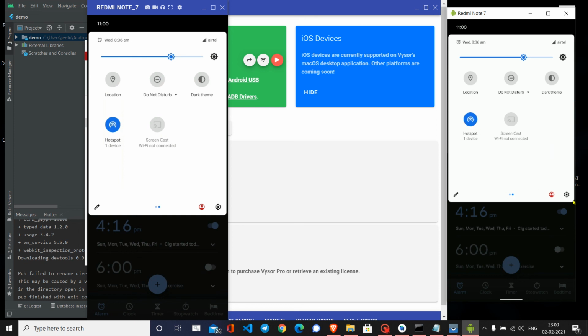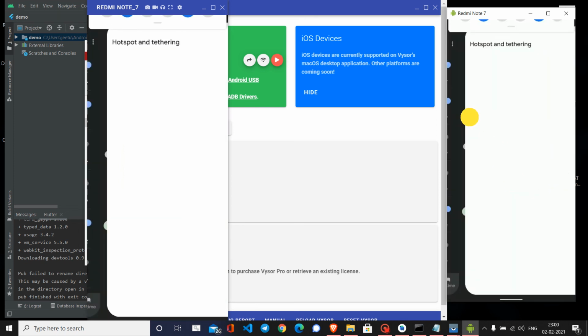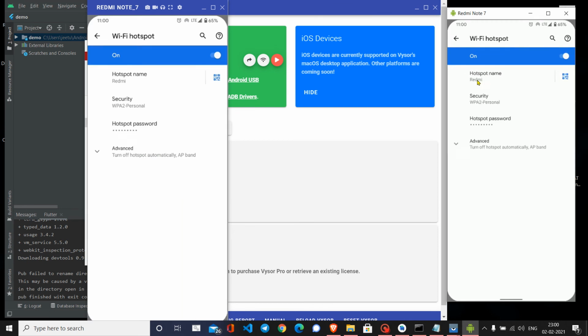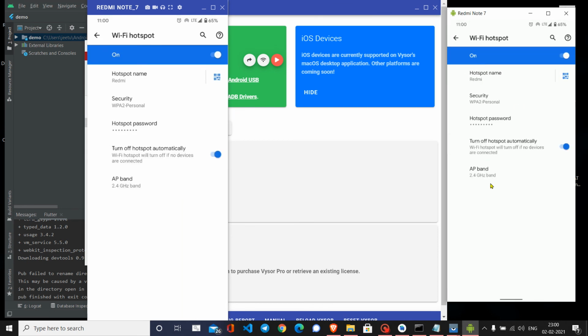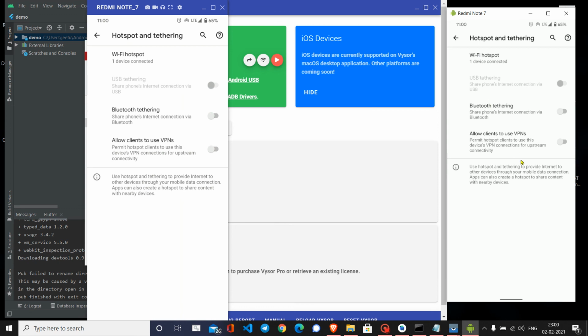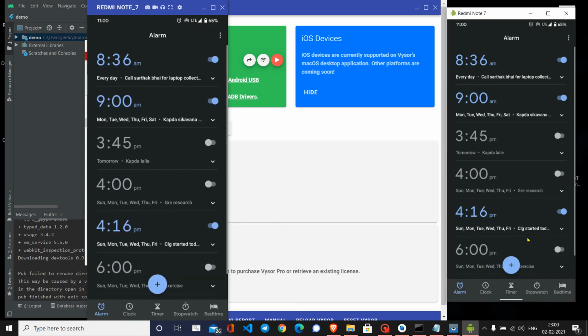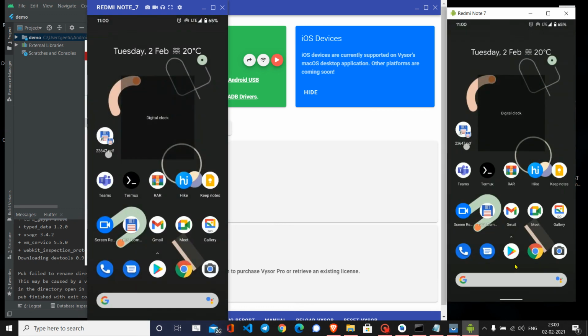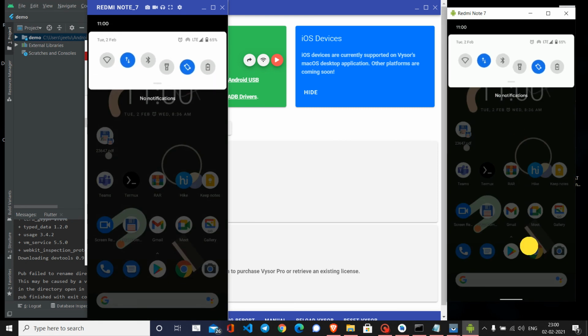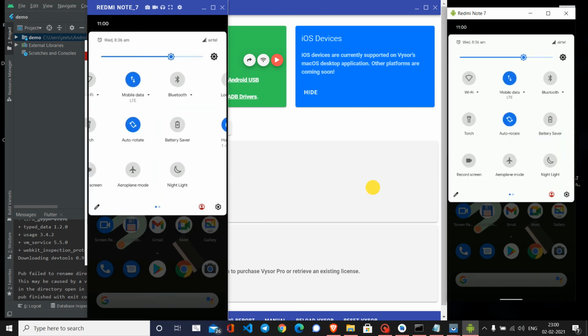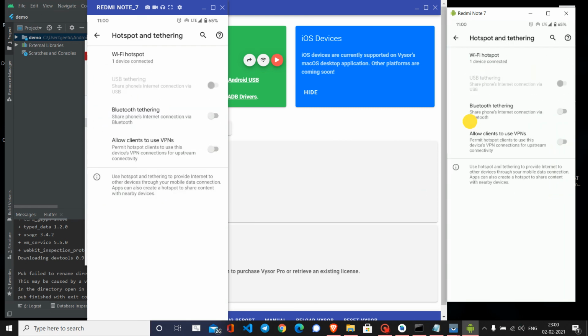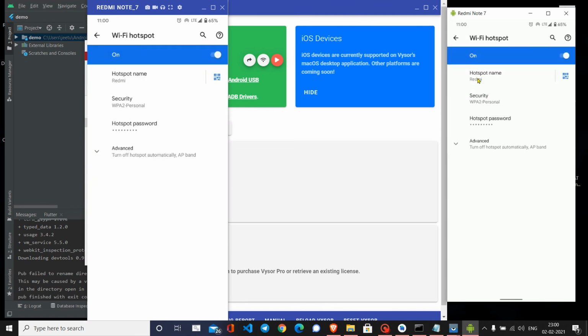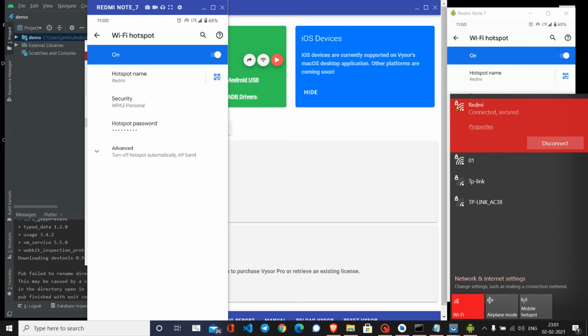To ensure that I am not cheating, I'll just show you that only one device is connected. I mean, yes, that's pretty much it. And I can show you the name of my hotspot to ensure that it's Redmi only. Yes, see here it's a Redmi, and the thing which I have been connected with is also Redmi.